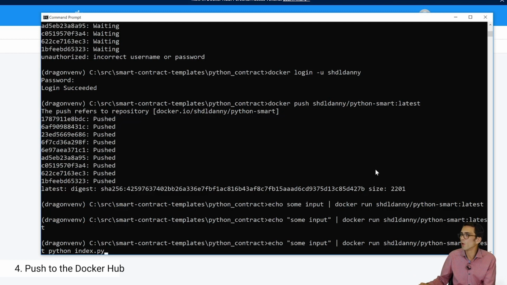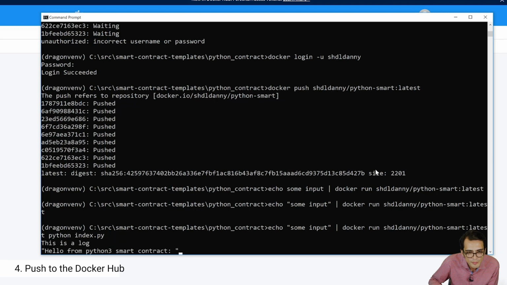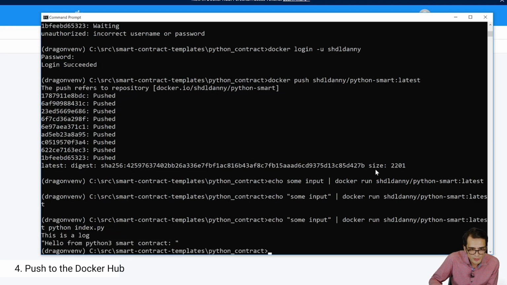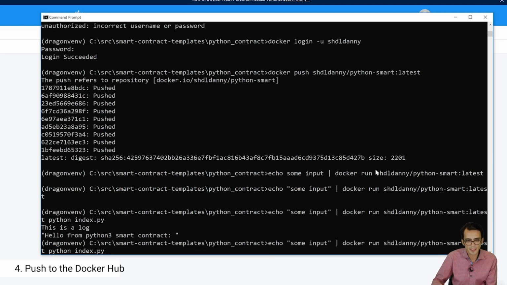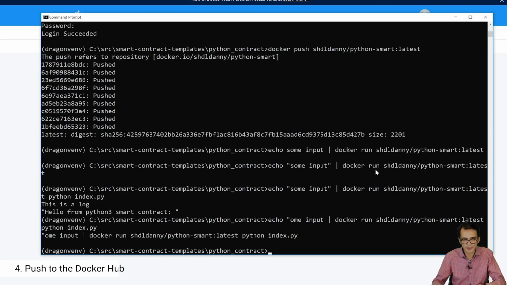Otherwise, it doesn't know what to execute when I pass those inputs into the Docker. So now I can see that I get some requests back, some information back from it. So I can see that it's passing the variables through and